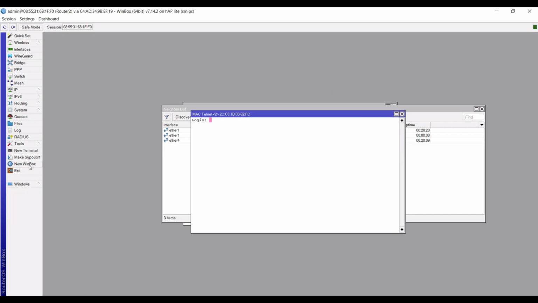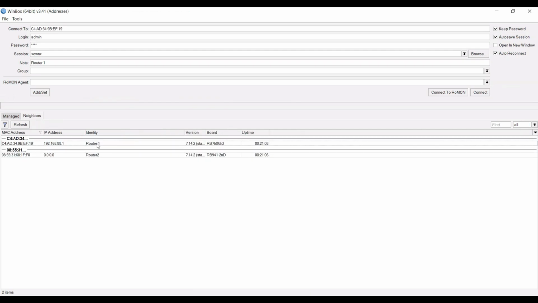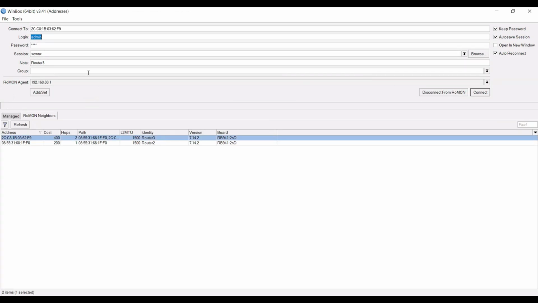Let's open another Winbox session. Select router 1. Input the username and password of router 1. Then click connect to Romon. Select router 3. Input here the username and password of router 3. In this case, I put the username and password of router 3 the same as router 1.